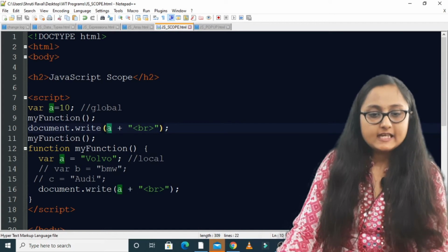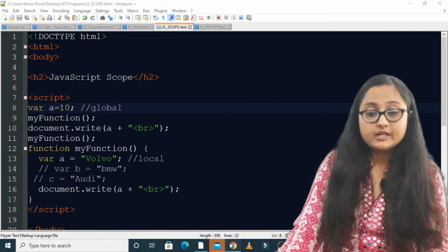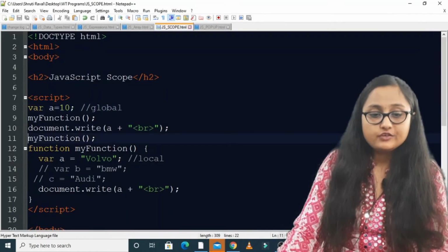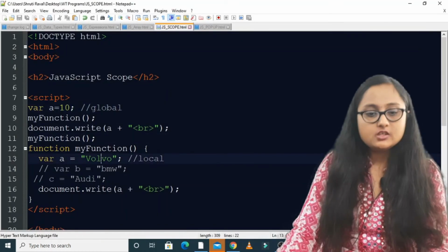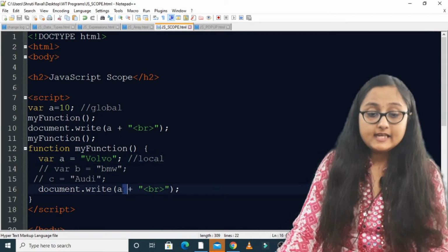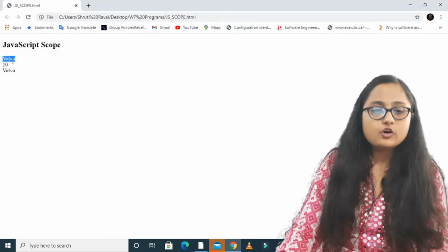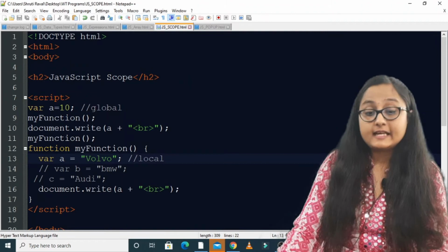So this a is basically the a which is declared globally, and so what is displayed? 10 is displayed. Again my function was called, again this document.write was called, and inside this, which a is being given priority? Volvo is given priority. So Volvo 10 Volvo is the output that I am getting.